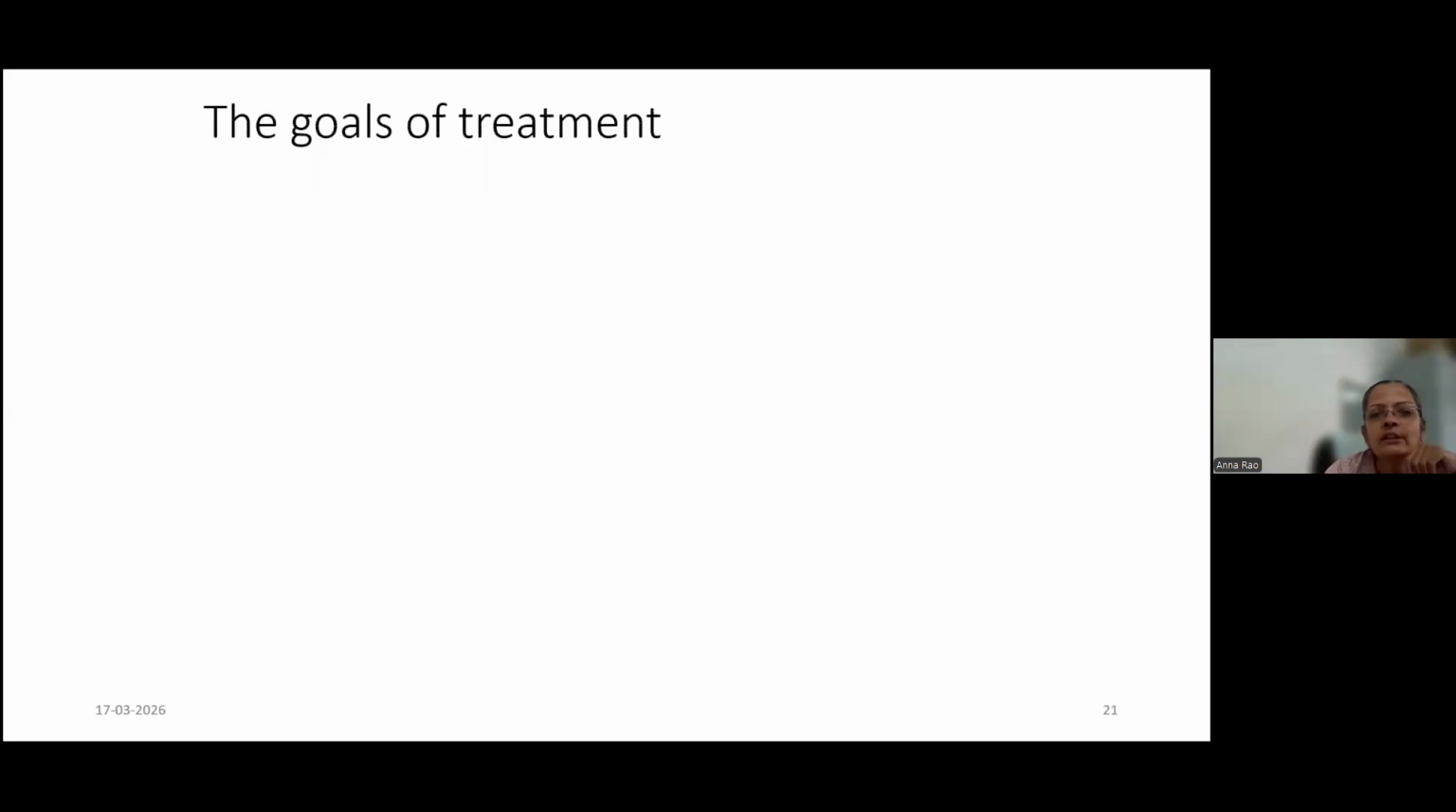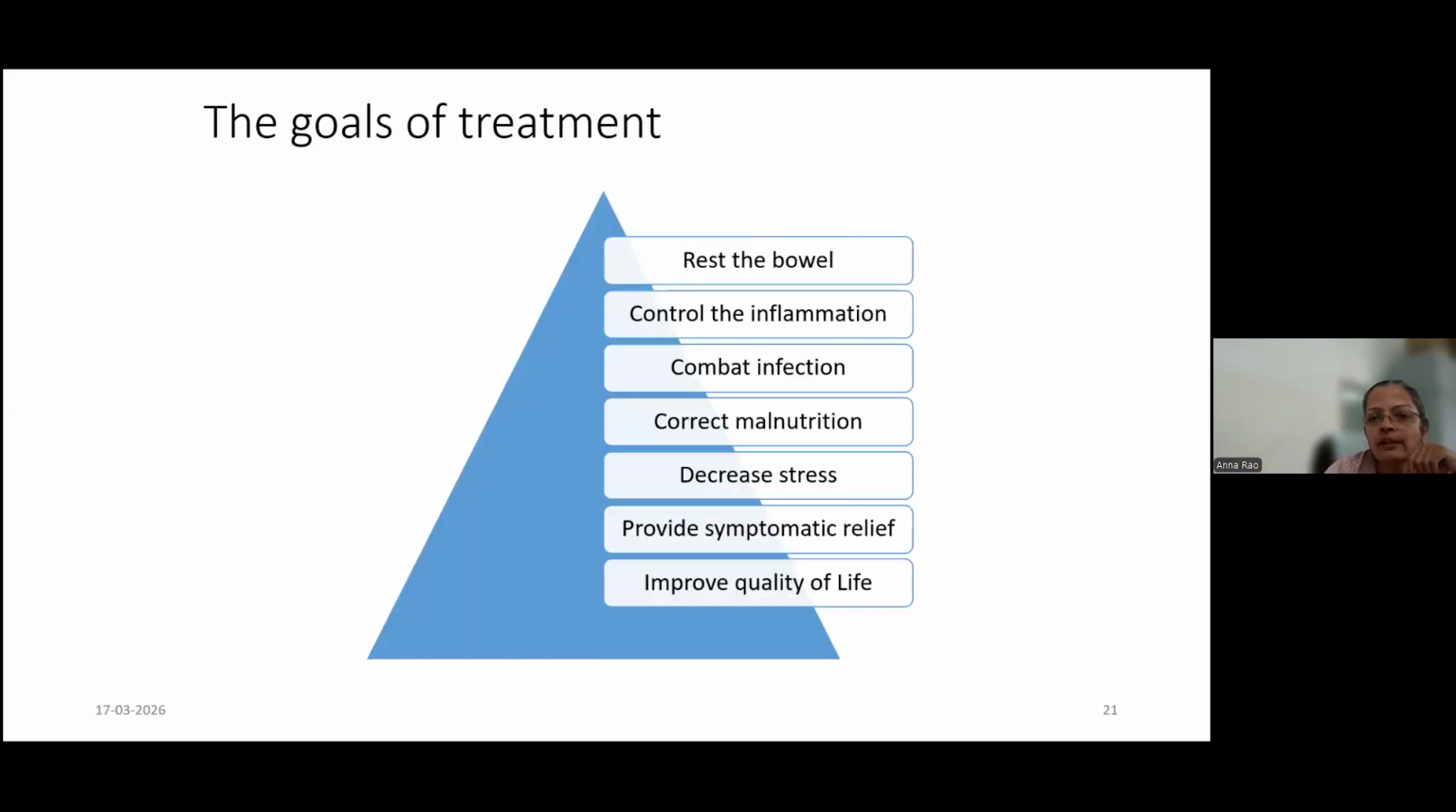So, what are the goals of treatment? Okay. Basically, we want to give rest to the bowel, right? Control the inflammation because of which the patient is undergoing that procedure. If there is infection that we want to combat, we need to take care that he is not introduced to other infections now. Combat any malnutrition, that is also very, very important. Otherwise, many times the patient is not able to go into further treatment like radiation or chemotherapy, and so malnourishment should never